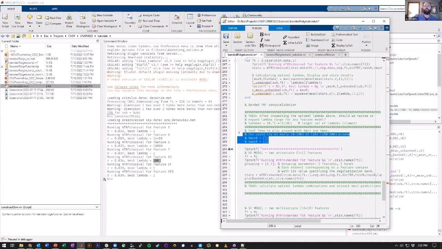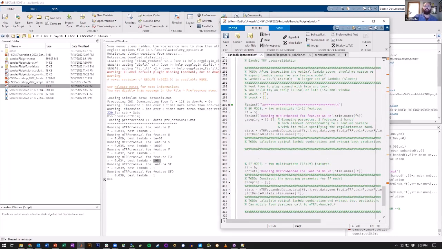You could also change the Tmin and Tmax. You might want to look at earlier, like more acoustic, low level time lags, or you might want to look at later time lags to see higher level processing. That's one way that we can look at low versus high level processing. But once we're down here, we're going to do the banded ridge regression. And the one thing that banded ridge requires beyond